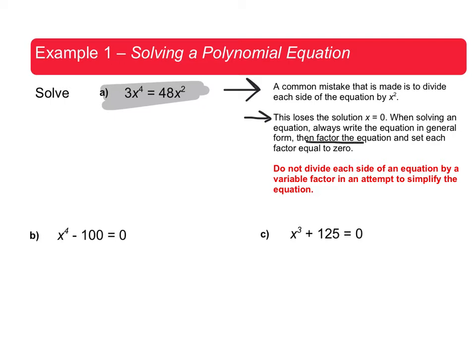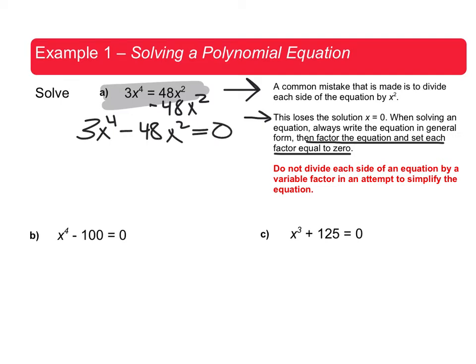Instead, factor, set your equation equal to 0, and then you are guaranteed that you don't lose any of your answers. So here, let's set this equal to 0 by subtracting that 48x squared over to the other side. Set it equal to 0, and then yes, they both have an x. So instead of dividing off the x, let's factor out the x. So we can factor out x squared, and we can factor a 3 out of both of these. So 3x squared, and then we're left with x squared minus 16